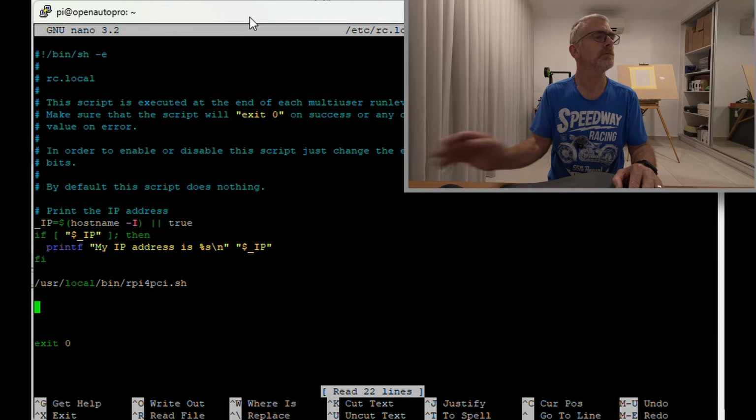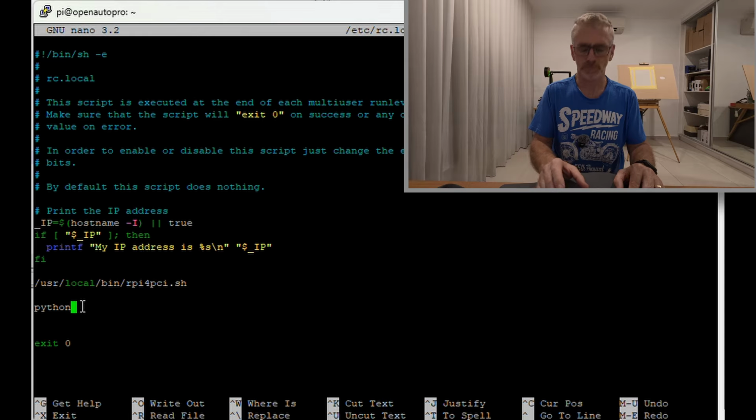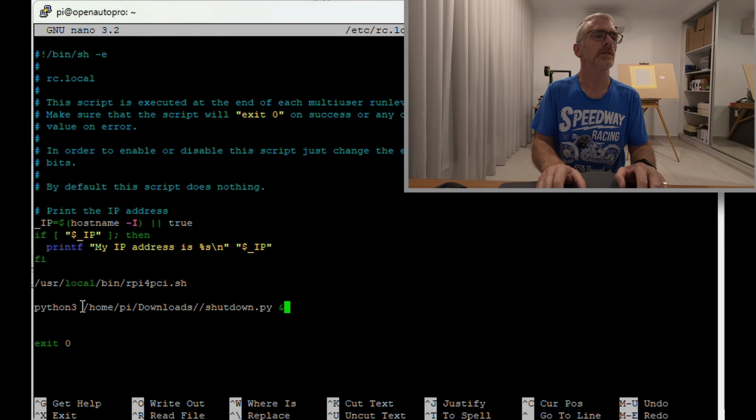What we need to add is python3 home pi downloads. Now these are case sensitive. If you don't observe the case, then the script will not kick off. So that's going to start the shutdown script,